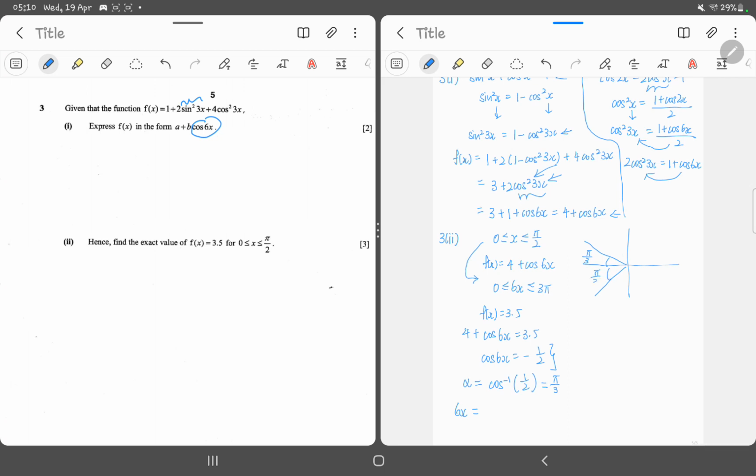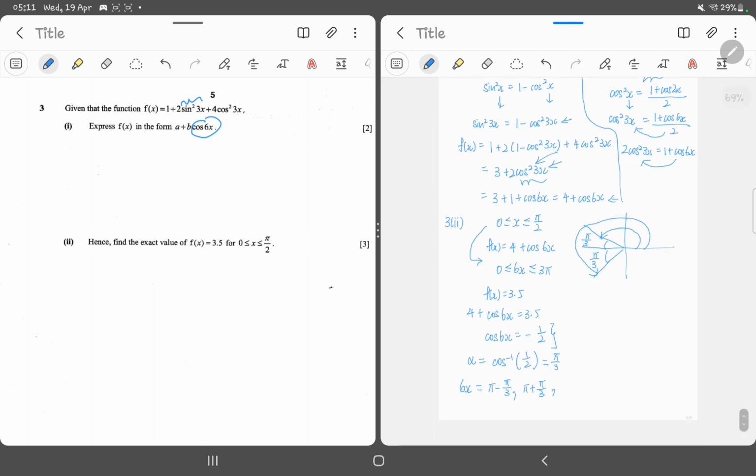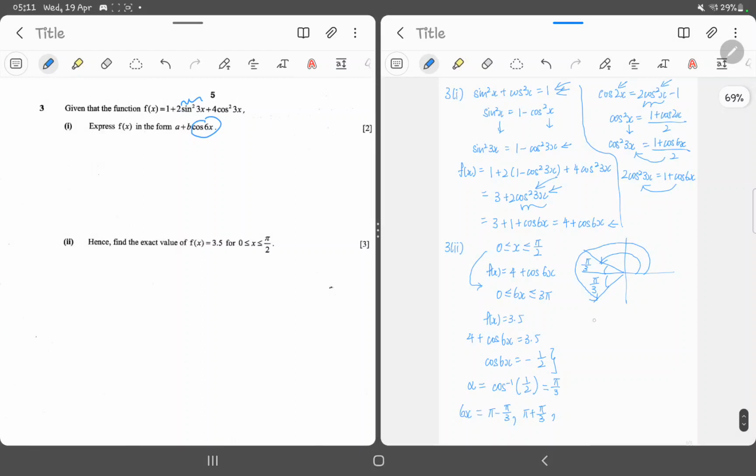So the first angle is pi minus pi over 3, and the second angle is pi plus pi over 3. That gives me 6x equals 2 pi over 3 and